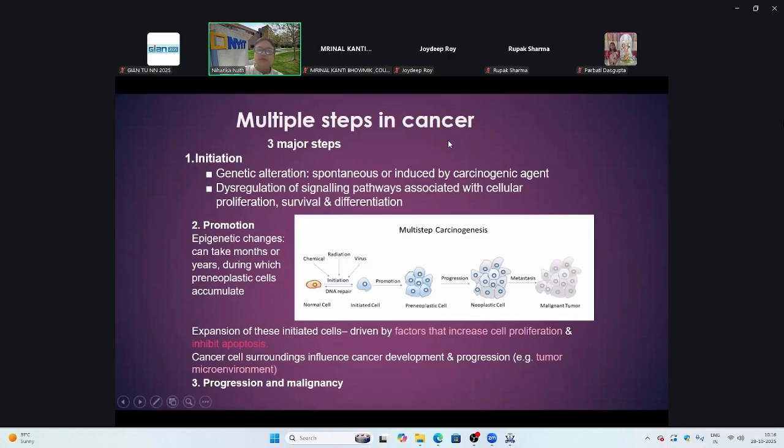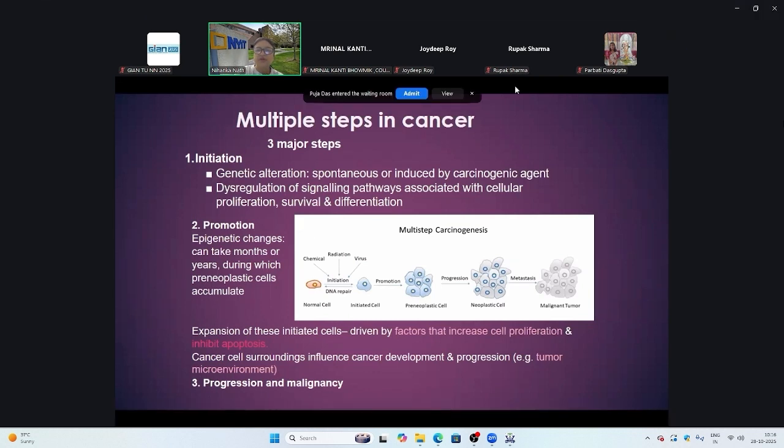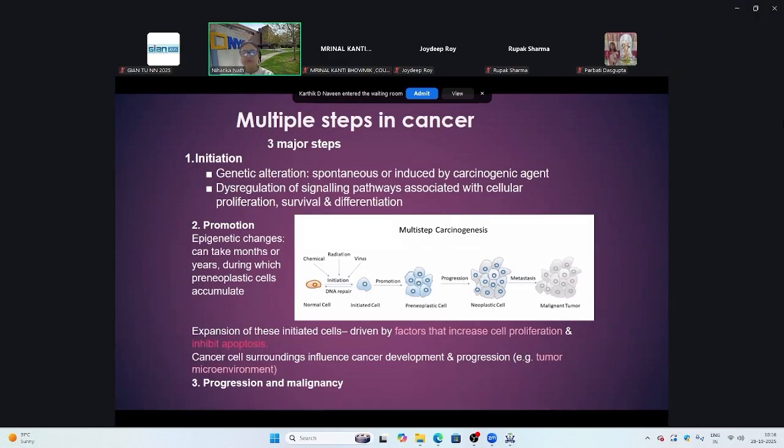So let's talk about the steps of tumor development, the steps in cancer, the multiple steps. Sometimes people say there are three major steps, and sometimes they say there are four major steps, and they can all be deemed together. So the three major steps that I've written here are initiation. Okay, so again, for the development, as we talked about last time also, there has to be somebody waiting to be